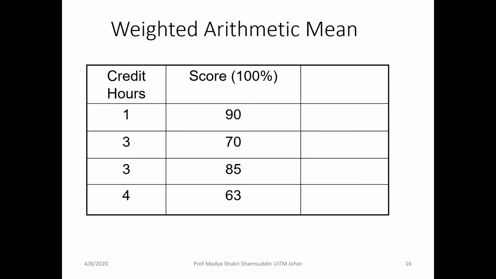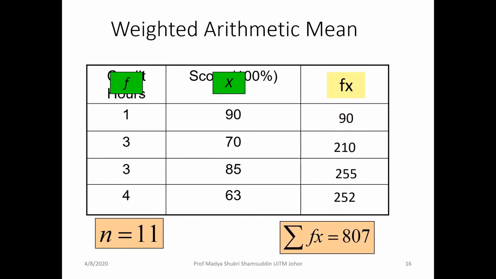Taking the credit hours into account, the mean that we are about to calculate is known as the weighted mean. Here, the credit hours is treated as the frequency, and the scores is x. Hence n is equal to 11 and sigma fx is equal to 807. The weighted mean is equal to 807 divided by 11, which is equal to